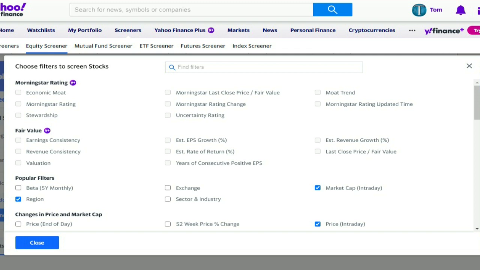You notice region is already picked, and market cap is already picked, and price is already picked. That's region, the lower left, we see that's the United States, where we saw in the earlier pages. And the market cap, it's large market cap, and the price per share I already entered. So I can slide the scroll bar down and pick several other things, and what I'm going to pick is